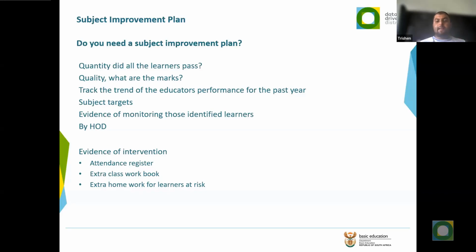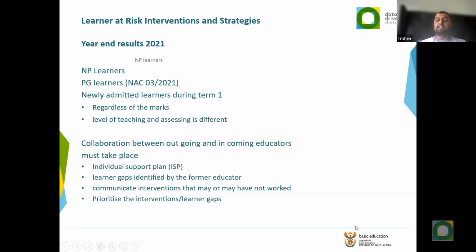That's the first plan. Remember, an ISP is a plan, colleagues. You cannot implement anything without a plan. So a lot of people see it as extra work. Meanwhile, it's not extra work. It is planning to implement those strategies in order to support that learner. Now, the second plan